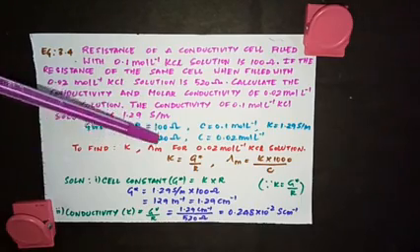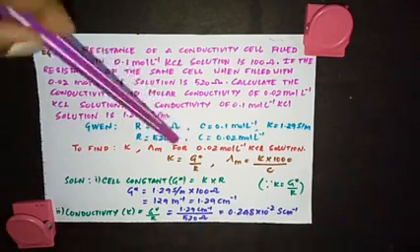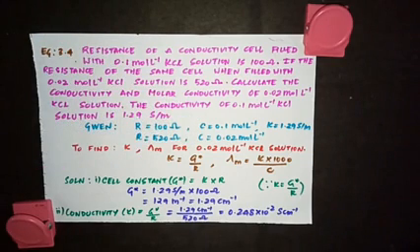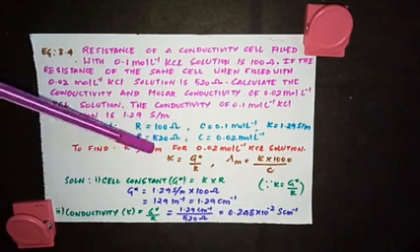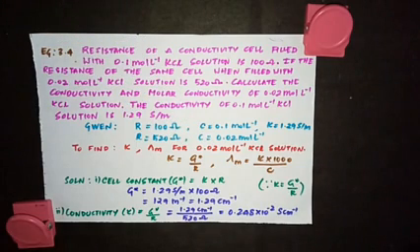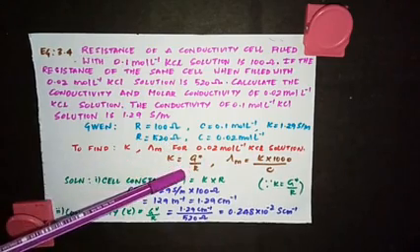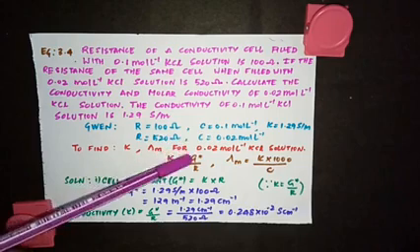R is equal to 520 ohm for the concentration 0.02 mole liter inverse. Now the question is to find out kappa and lambda M for the concentration 0.02 mole liter inverse. Now what is the formula to find out kappa? Kappa is equal to G star by L.